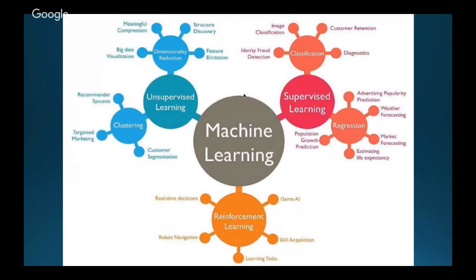So you see, machine learning has divided into three different approaches. First one is unsupervised learning, second one is supervised learning, and third one is reinforcement learning. So in supervised learning, you have classification and regression. So when we talk about classification, yes, you understand it correctly. Image classification, identity detection, customer retention diagnostic, all these approaches use classification technique under the supervised learning of machine